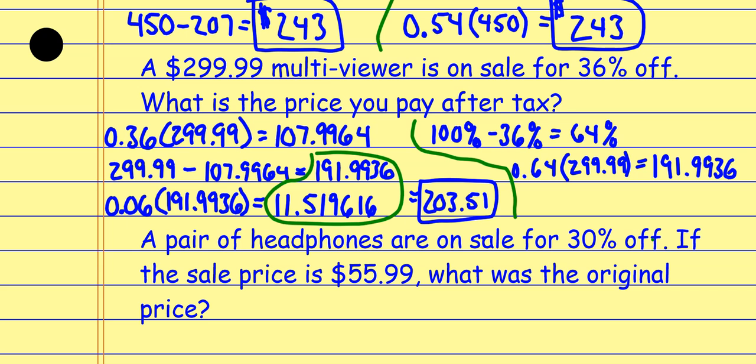Again, see that $191.99 is now like my total value. So that's my whole value. So that now represents the 100%. And I want to add 6% sales tax. So I want to do 100% plus the 6%. So I'm actually going to pay 106%. And watch this. As a decimal, that's 1.06 times the